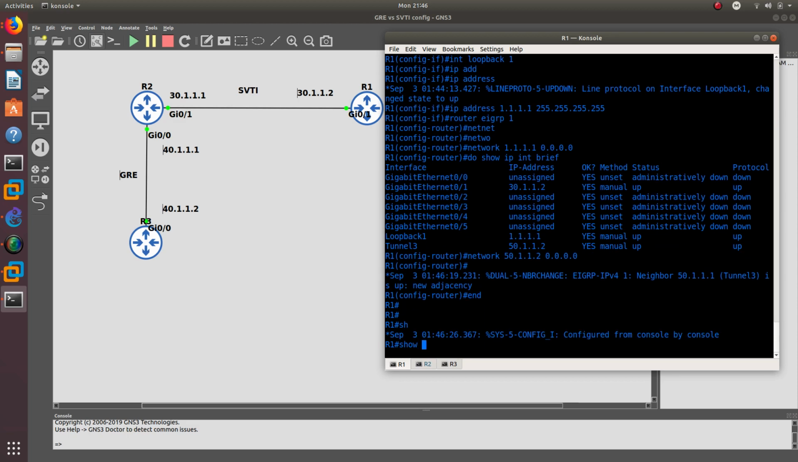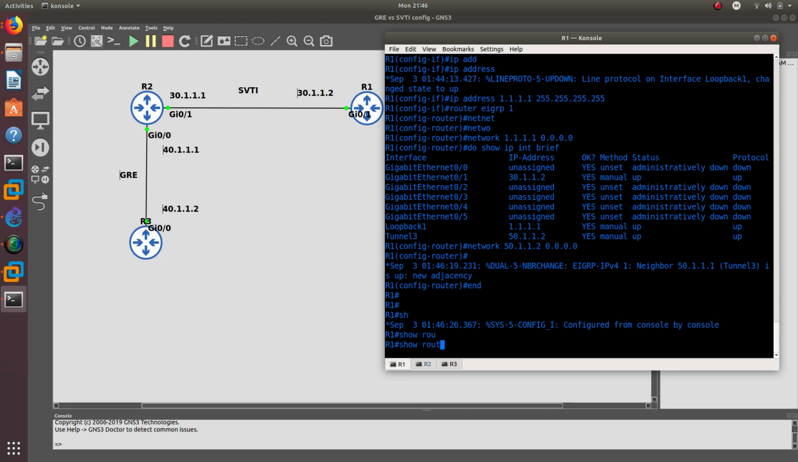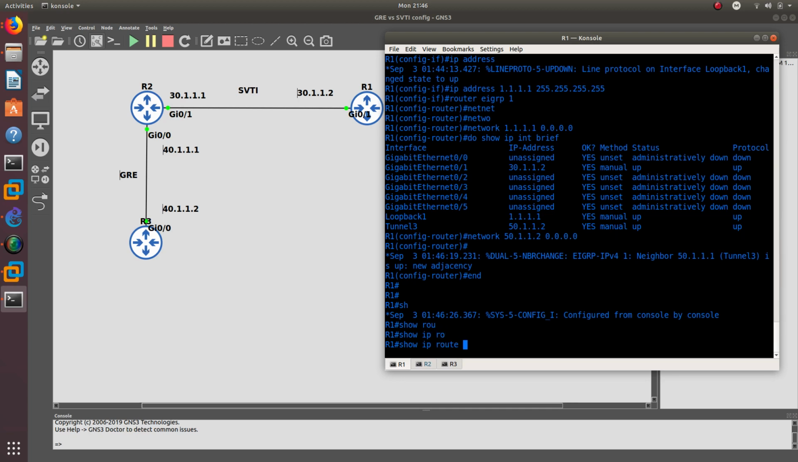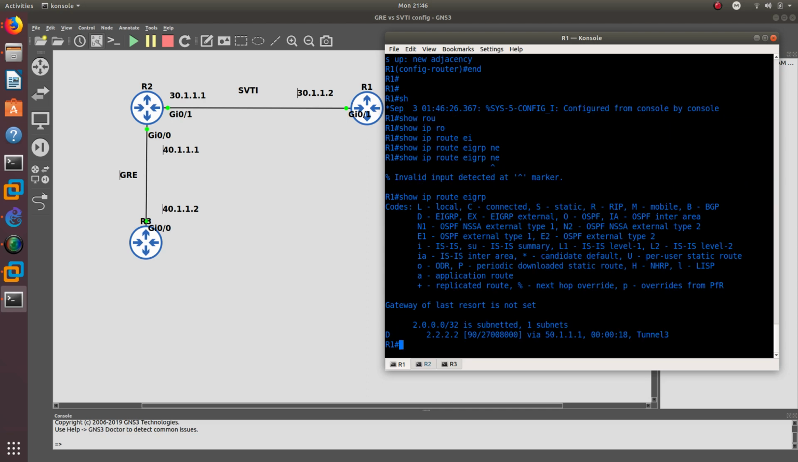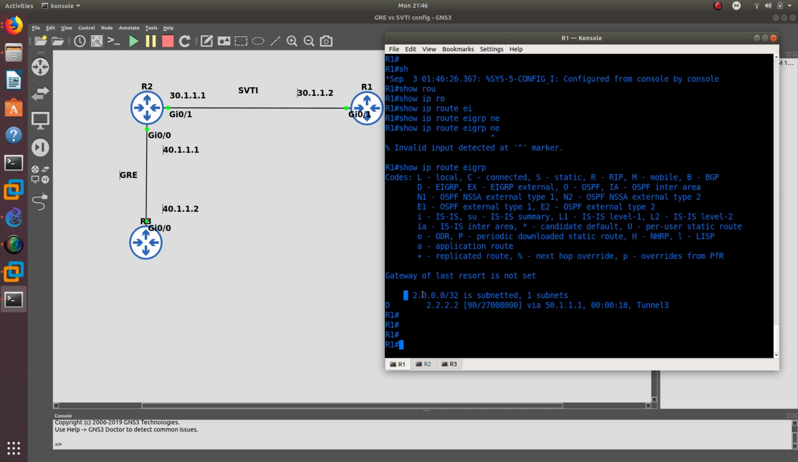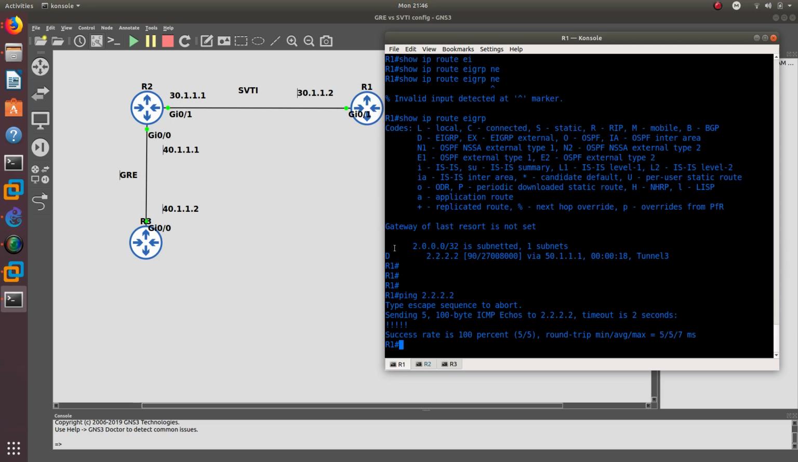Show IP route, EIGRP neighbors, or EIGRP. You can see that we have that right here. So that is working good. So now from router 1, let's try to ping 2.2.2.2, which is a loopback address. It was ping. Now let's do a